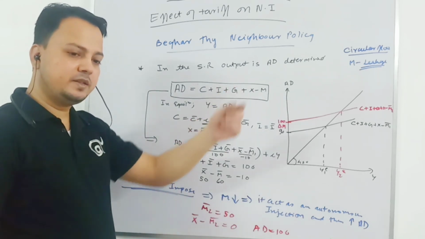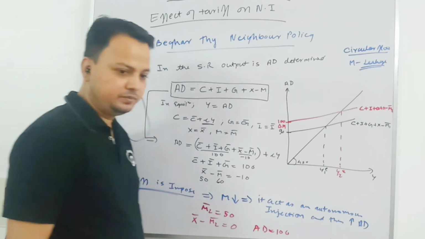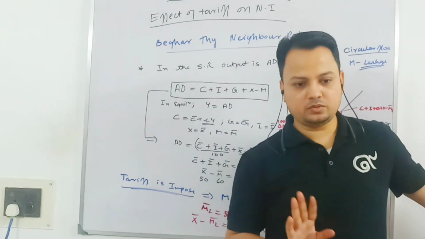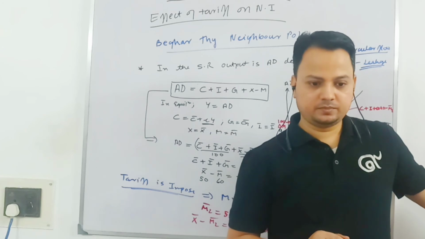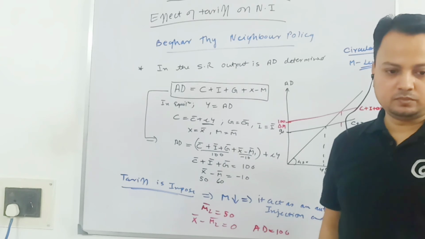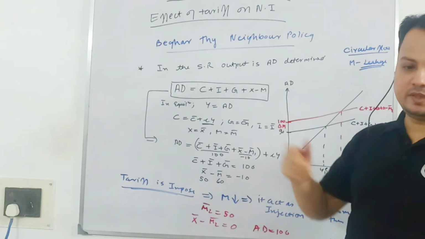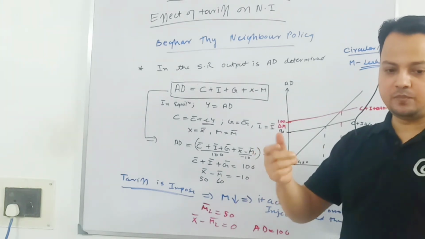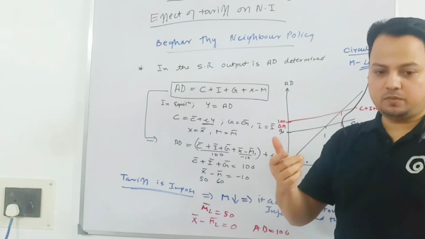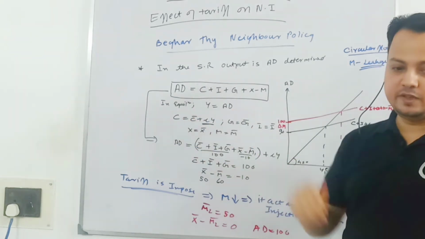But if the other country retaliates, what will happen? It will also put tariff. Yes or no? The other country can also put tariff. So what we are exporting, say 50 units, can also come down. So this beggar thy neighbor policy, that means the economic policy that this home country has taken in order to take care of its economic problem at the expense of the other country, is not going to work because the other country is retaliating.